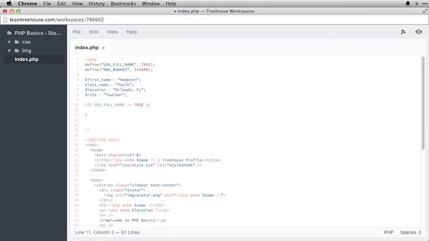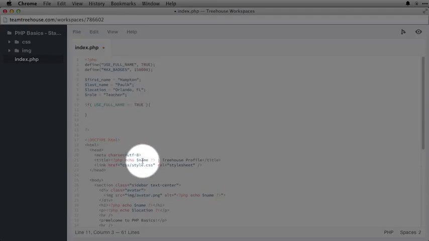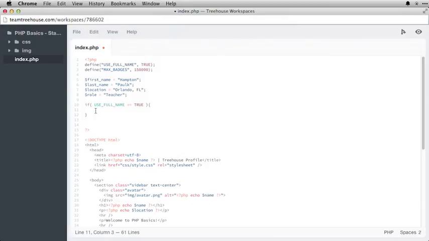So the variable that we use in our code, as you see here on line 21, is name. Same thing here, h1 in line 30, we use name. So eventually, we're going to have to set a variable called name. So far, it's not set at all. So we're going to set this equal to Hampton Palk, which would be the combination of my first name and my last name. We're going to use what we've done before, which is our string concatenation operator,